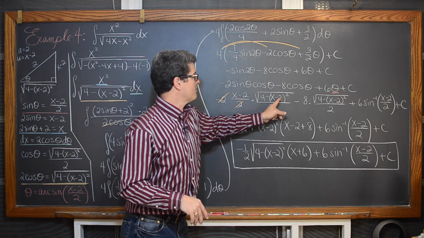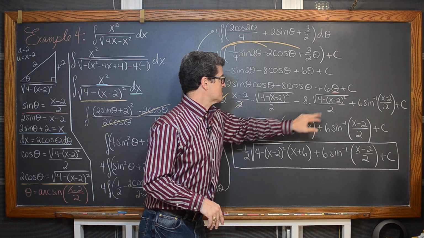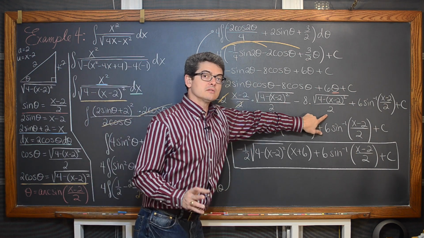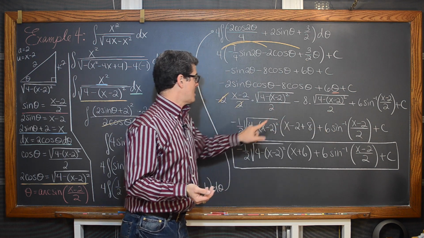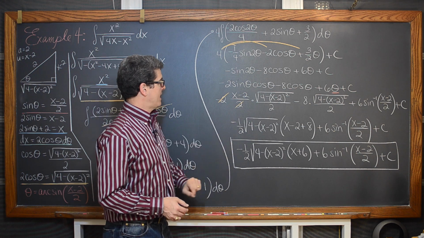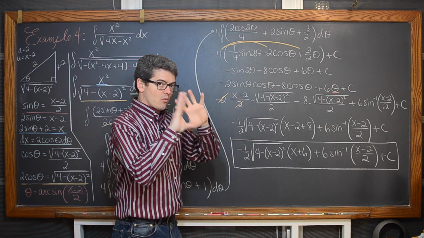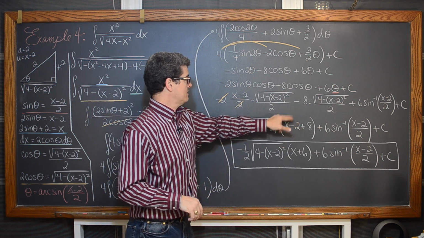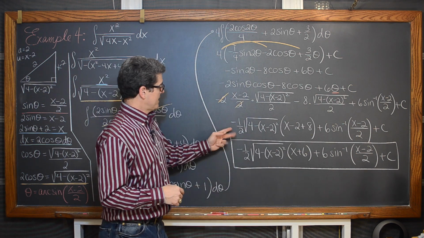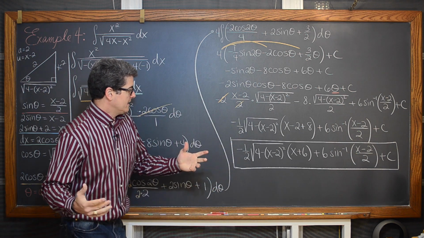factor of the square root of 4 minus (x minus 2) squared, the square root of that. So we factored that out of each of those terms. Both of these terms have a division still of 2, a factor of 1/2. So we factored out that common factor of 1/2 and, because they were both negative, took out a negative 1/2. And that leaves us with x minus 2 without that negative out front, requiring a set of parentheses. x minus 2 and negative 8 over 2 divided by negative 1/2 gave us a positive 8. Negative 2 plus 8 is equal to 6. And that is pretty much it.